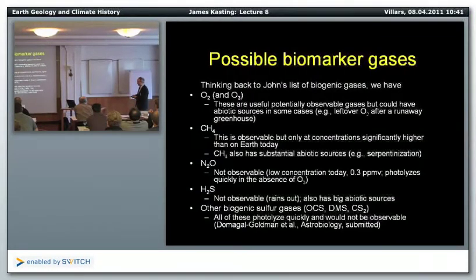And then there's actually a host of other biogenic sulfur gases, carbonyl sulfide, dimethyl sulfide, and carbon disulfide, which are produced mostly by marine algae. Well, people have actually been thinking about this. I'm part of Vicki Meadows' group at University of Washington, and we've been working through this list of